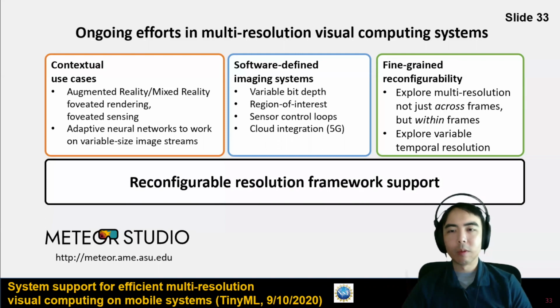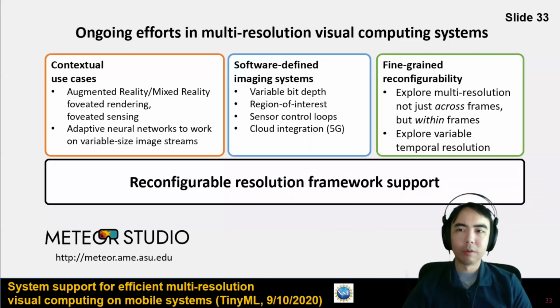And so we want to explore that with variable spatial resolution as well as variable temporal resolution of what does it mean if we depart from the concept of having uniform frames with uniform spatiotemporal resolutions, instead have some different multi-resolution capabilities inside of our frames. And so those are portions of ongoing work that we're going after here.